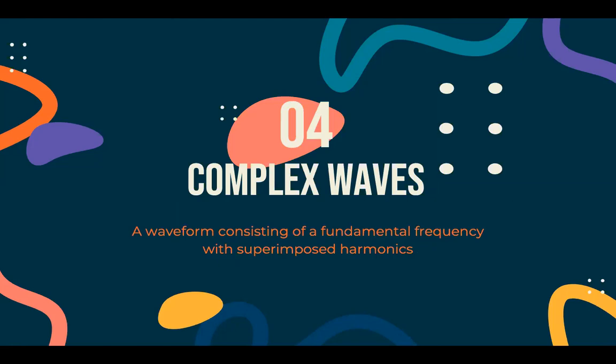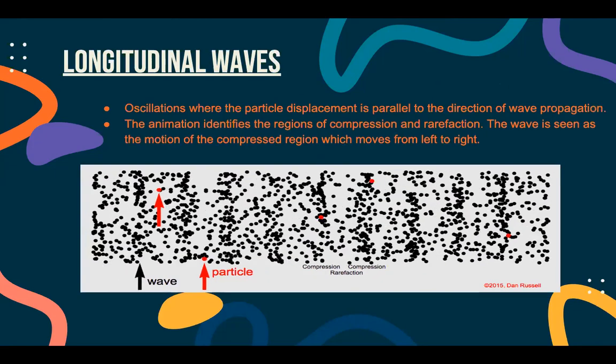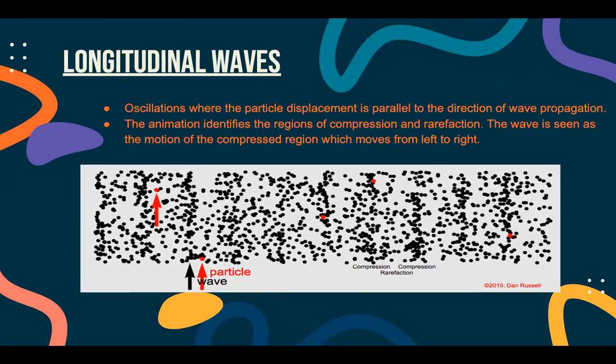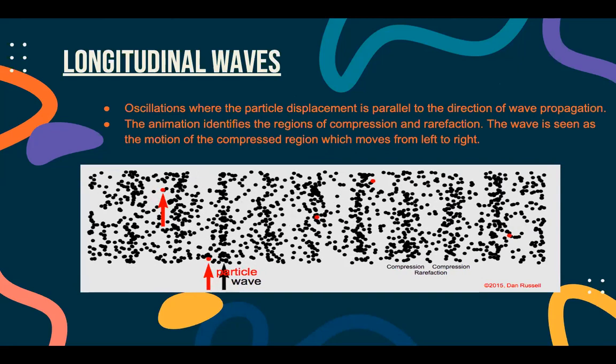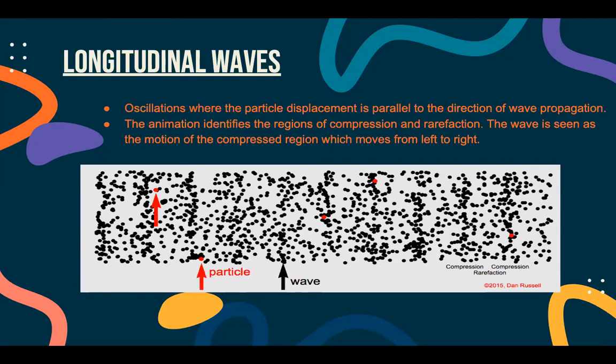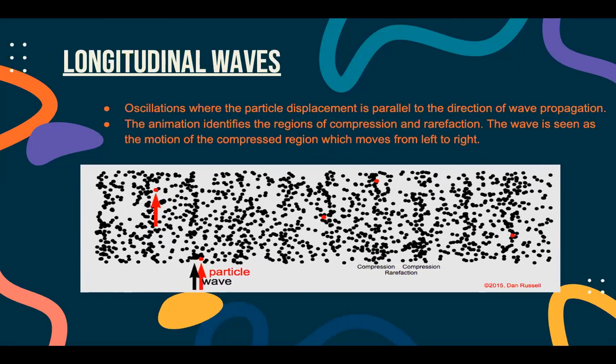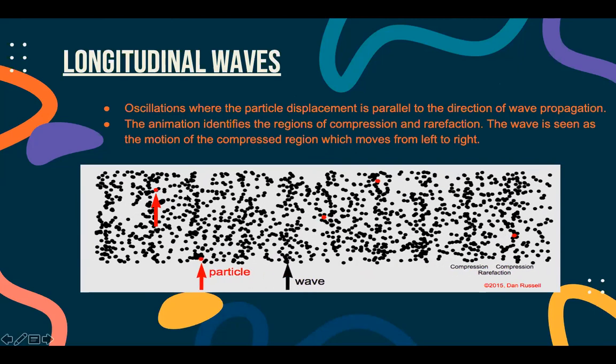Then we have complex waves. Complex waves are waveforms consisting of a fundamental frequency with superimposed harmonics. We have two complex waves. First is the longitudinal waves. Longitudinal waves are oscillations where the particle displacement is parallel to the direction of wave propagation. As you can see from this GIF,